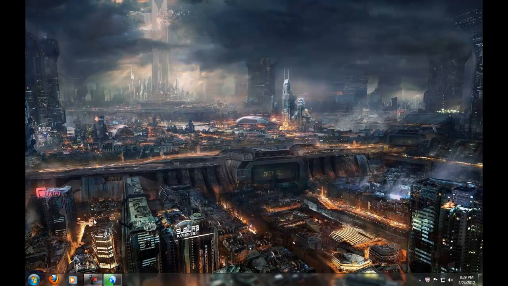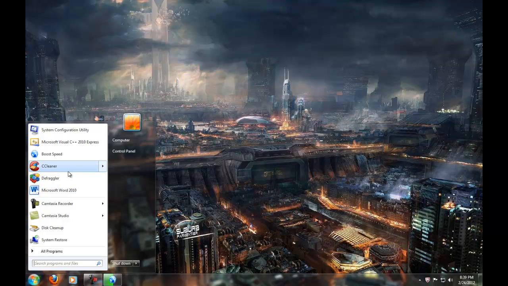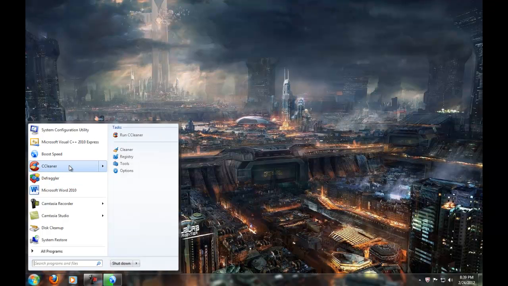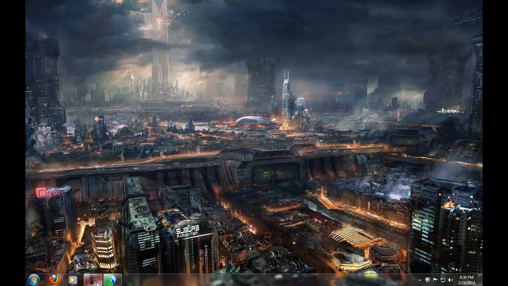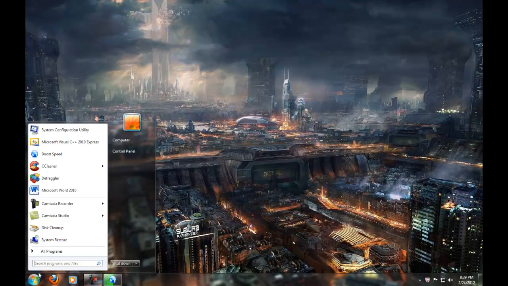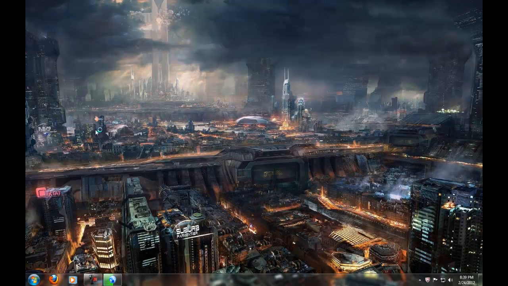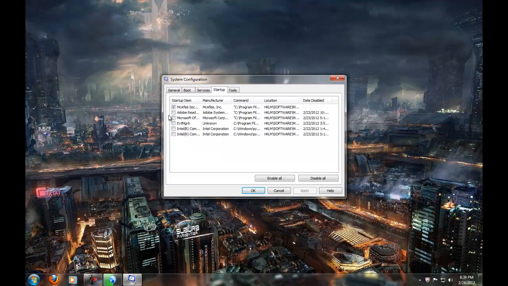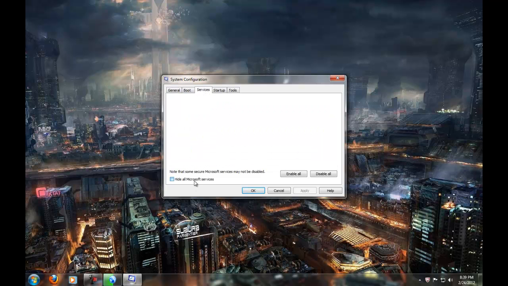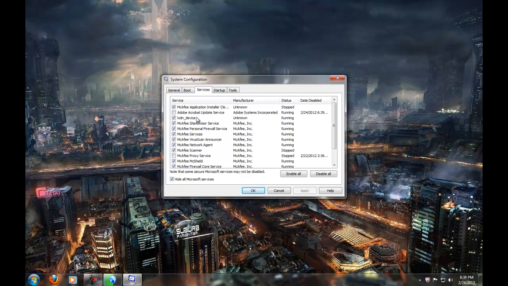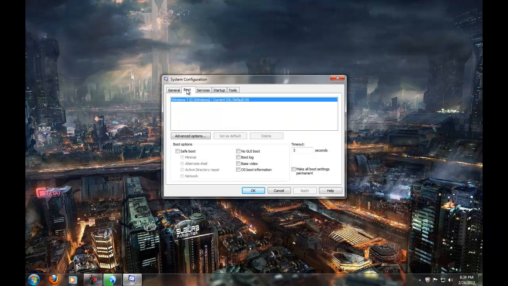Let's just run through a few more things. Make sure you defragment and clean your computer at least once a month. I do it about 3 times a month. And make sure that every time you download something, you go to msconfig, which was shown to you in earlier tutorials, and you check the startup tab on your msconfig, and make sure that nothing else is started but your antivirus. Make sure all the services that aren't from Microsoft that you don't need are disabled, and